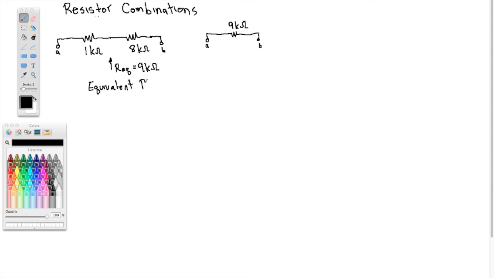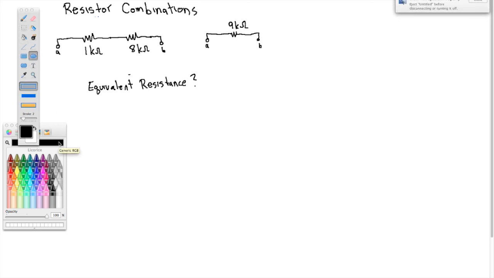Equivalent resistance, what does that mean? So if I connect a voltage source here,